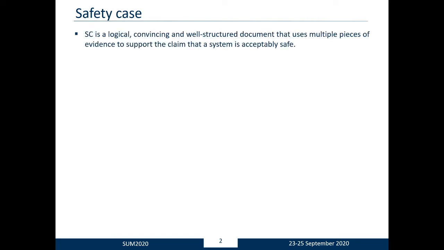First, we are going to put in context the paper by defining what is a safety case. A safety case is a logical, convincing, and well-structured document that uses multiple pieces of evidence to support the claim that a system is acceptably safe. It can be represented in three different forms. In our case, we are going to be interested in a type of graphical representation known as goal structuring notation,